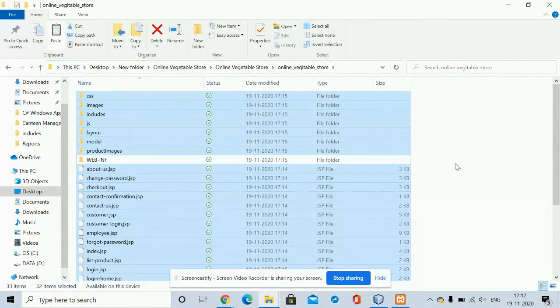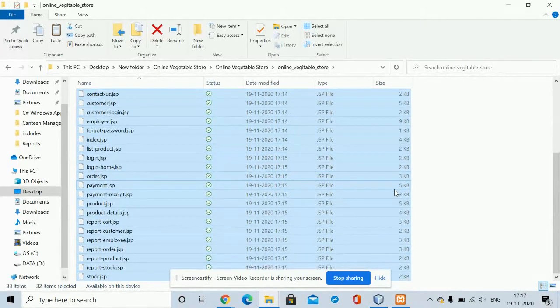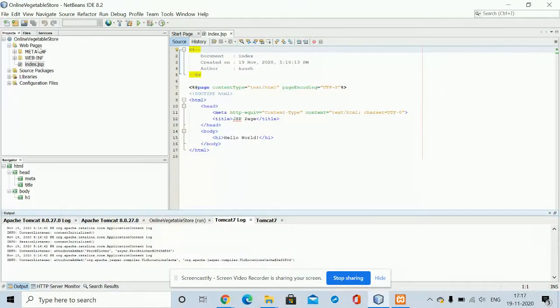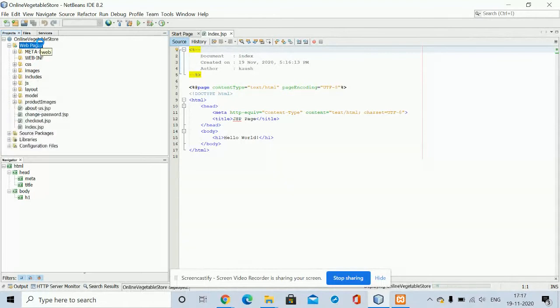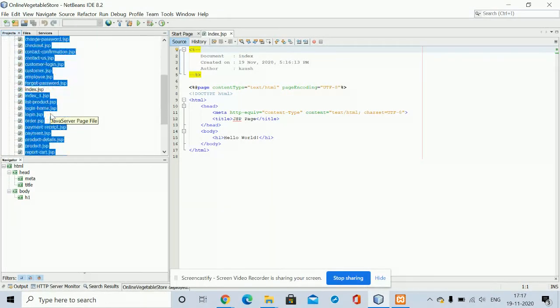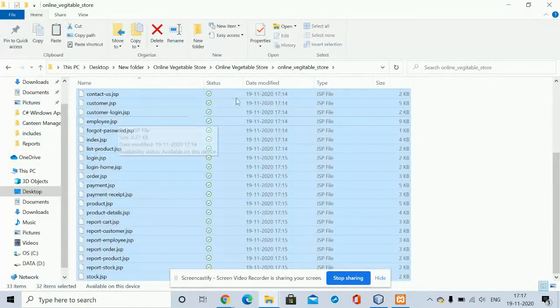You need to select everything except the WEB-INF folder, press Control C, and paste it inside the Web Pages. You can see we have copied each and everything except the WEB-INF folder.